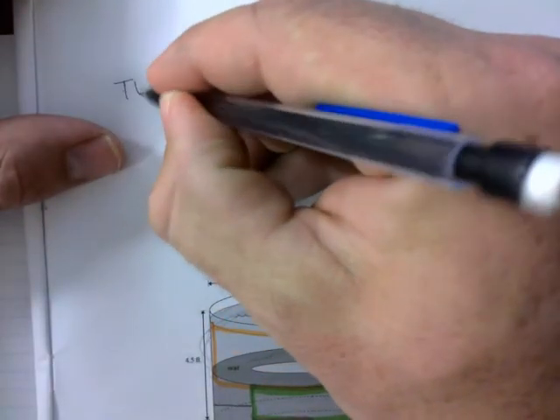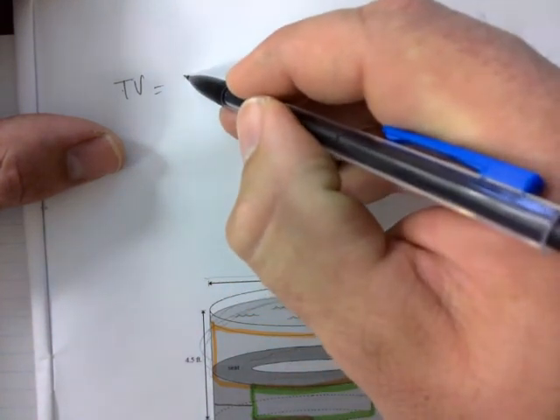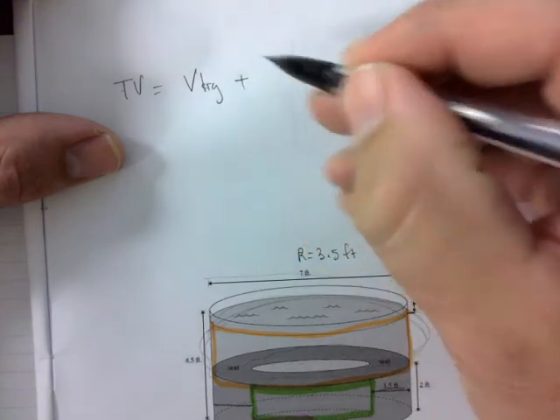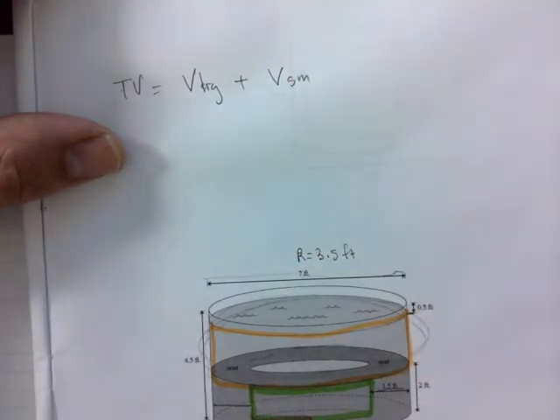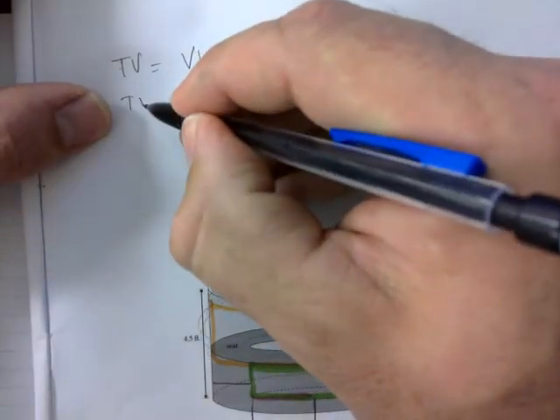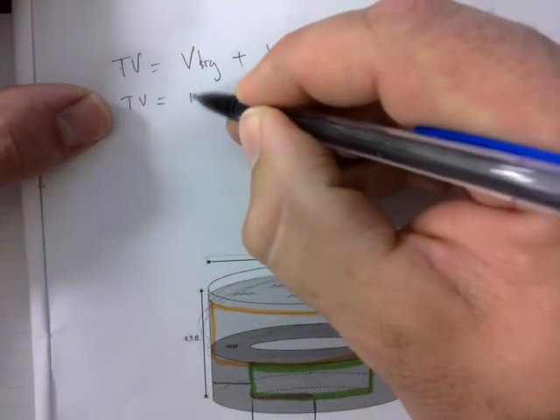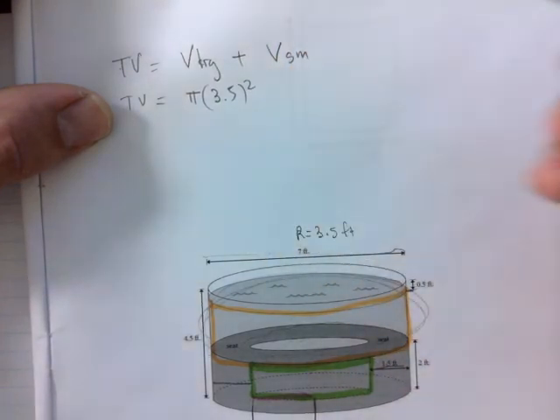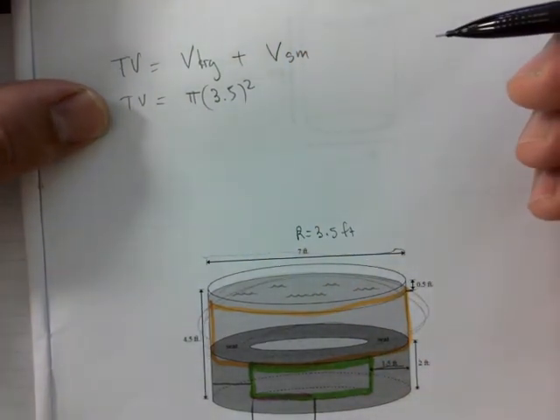Total volume is the volume of the large cylinder plus the volume of the small cylinder. There are a number of ways of doing this, but I'm going to go pi r squared times the height of the